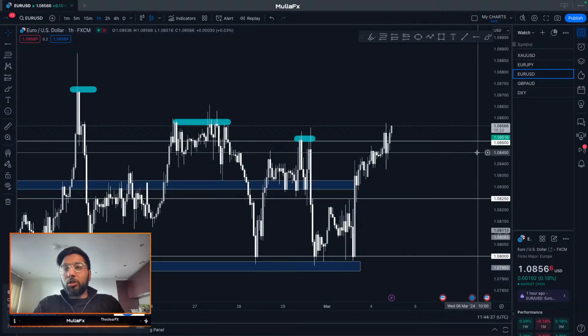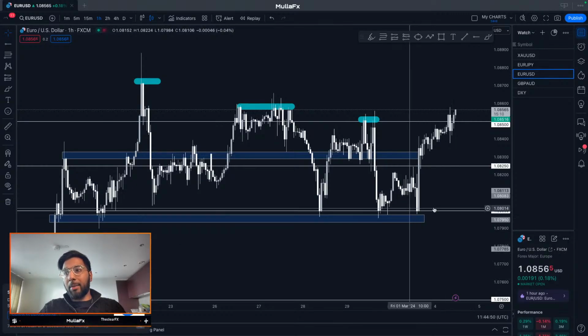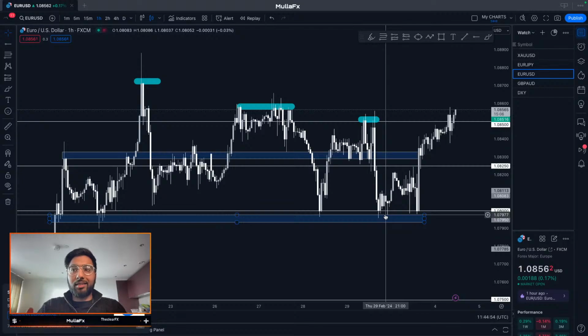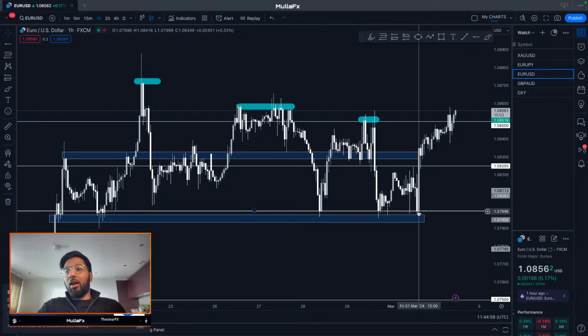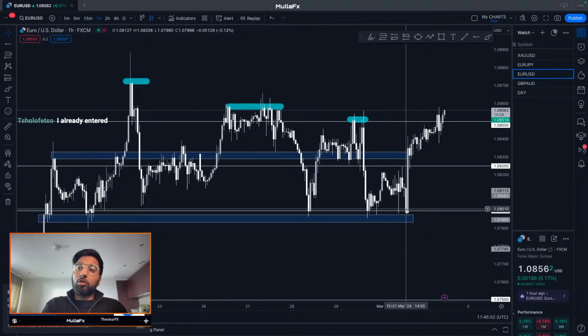The reason why is because on Euro USD we thought we were bearish. Price got to 1.08 and decided to bounce up. So whoever was on the trade last week, we did say that price is going down, but we had take profit at 1.08. I knew that price was going to get to this level, I just wanted to know when. And price did that last week, Friday, which was very good. And as soon as news hit,